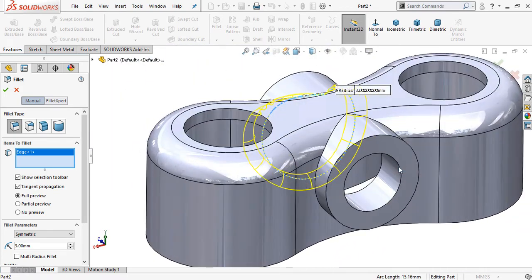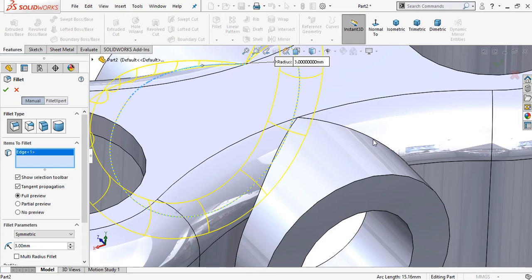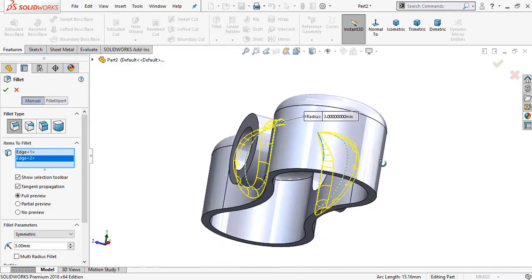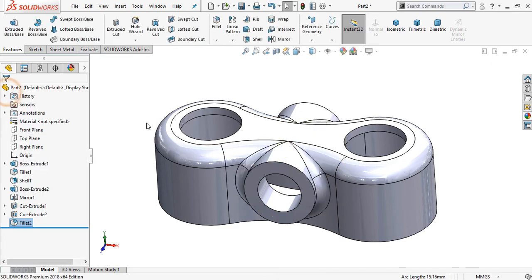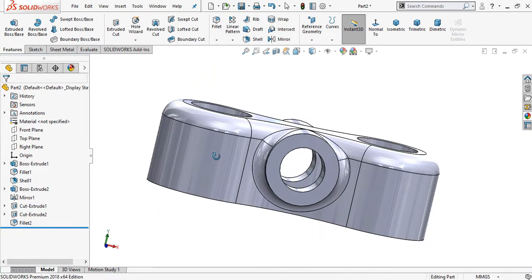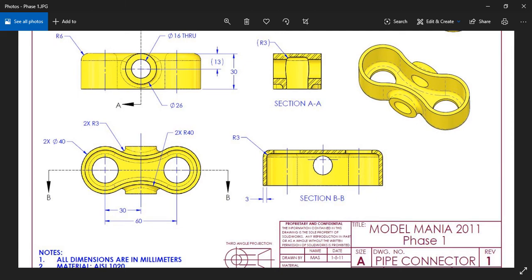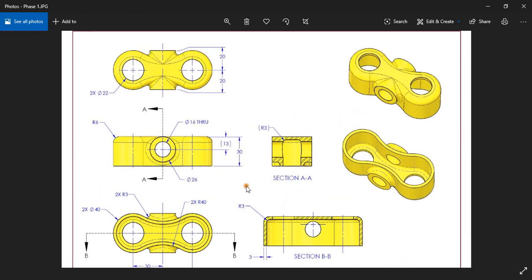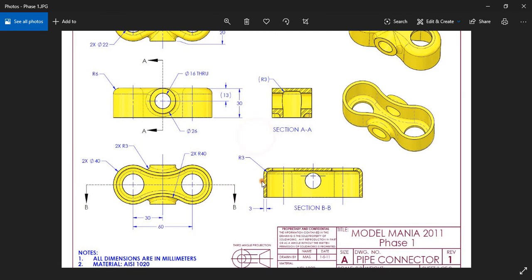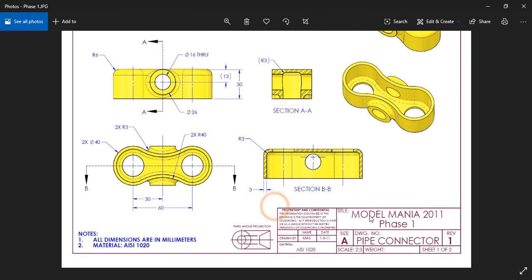Now move the part and select this edge. You can see the preview. Okay. This is the Model Mania 2011 Phase 1.